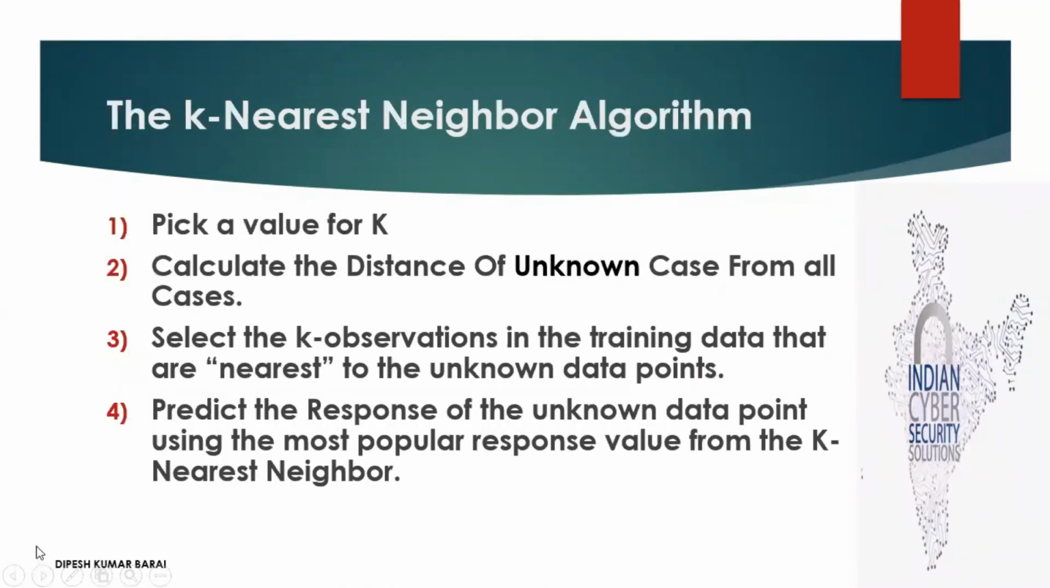In the k nearest neighbors algorithm, we have to first pick the value of k, and what the value of k will be, we will discuss within a minute. Then we will calculate the distance of each unknown case from all cases, and we will take the Euclidean distance here, and then select the k observations in the training data set that are the nearest to the unknown data point. And after that, after calculating the majority vote, we'll predict the response of the unknown data point as the most popular response value from the k nearest neighbors. Okay, so now